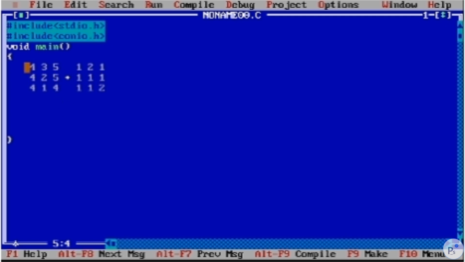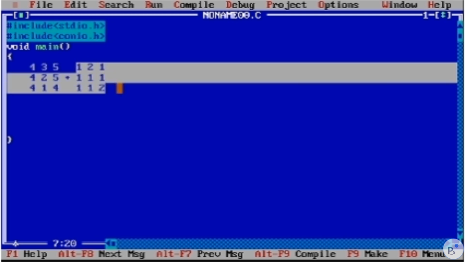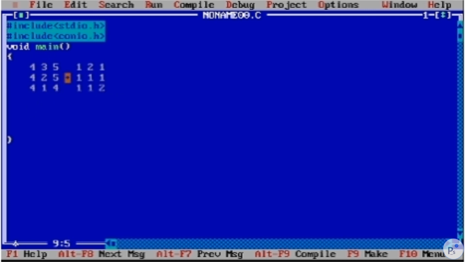If this is a 3 by 3 matrix, then the other matrix should also be 3 by 3. Remember that. If not, the addition won't happen. It's a 3 by 3 matrix, 3 rows and 3 columns. So how is addition performed? We take the first row, first column of the first matrix and the first row, first column of the second matrix. In this way my addition will happen.